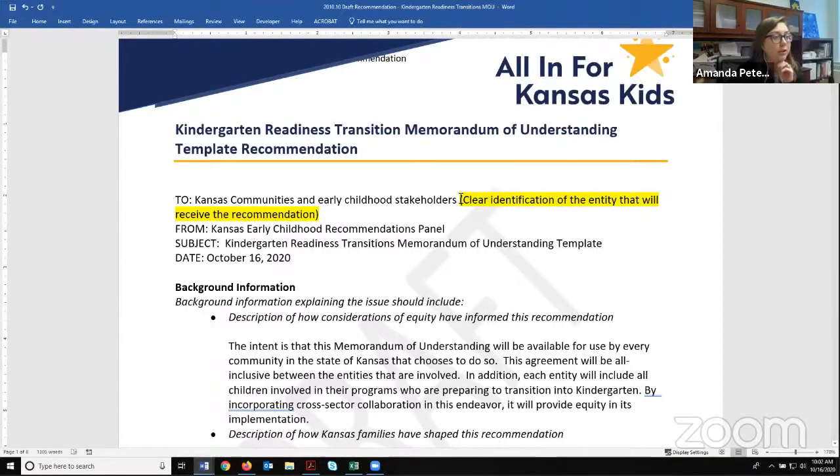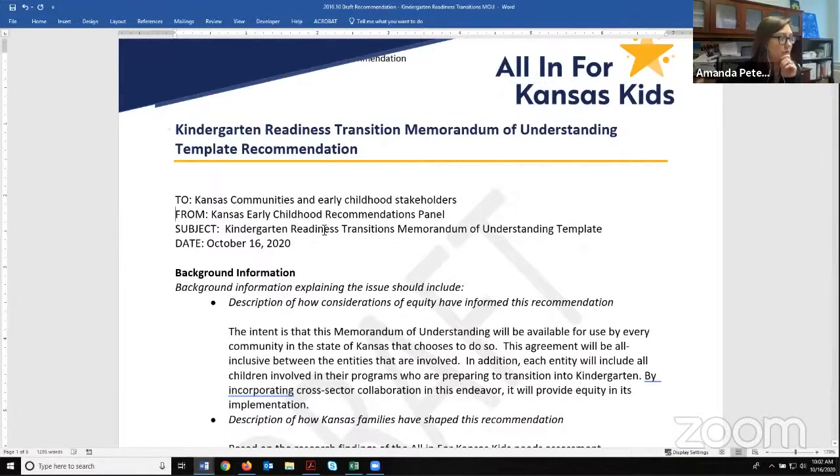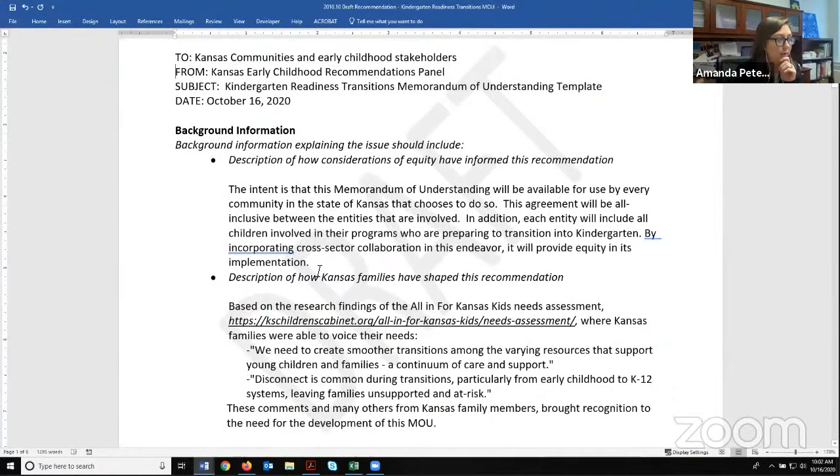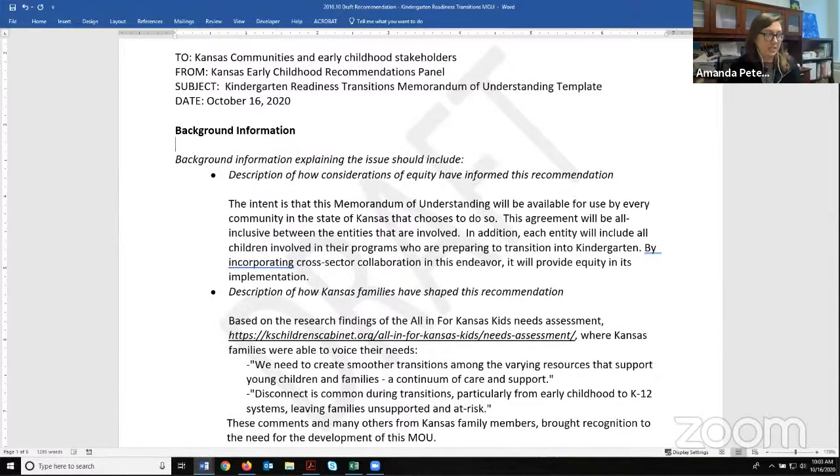And we will, I'll note, go through and draft this, and then we'll take formal action. So we've got this piece. We've got background information where we have outlined, perhaps we say, the Kansas Early Childhood Recommendations Panel